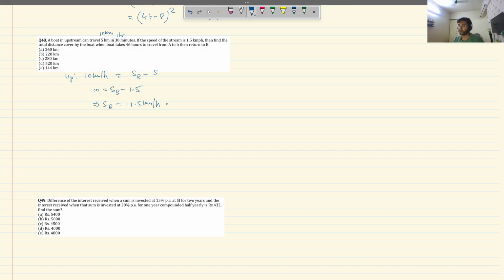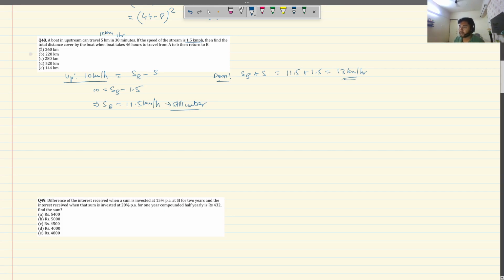This is my speed of boat in still water. This is speed of boat in upstream. 1.5 is speed of the stream itself, and therefore downstream speed of boat is speed of boat plus the speed of stream itself, that is 11.5 plus 1.5, that is 13 kilometer per hour. This is my downstream speed of the boat. Right,